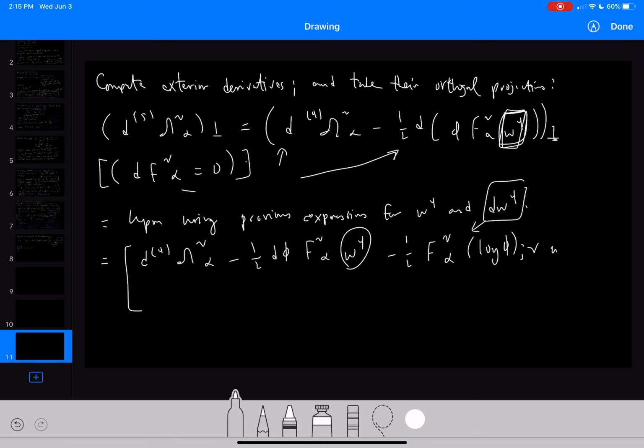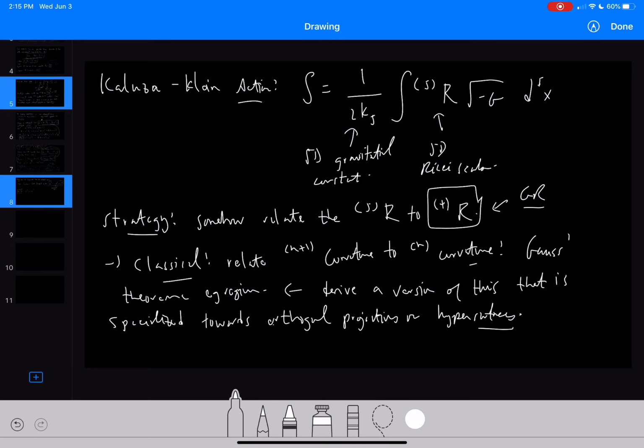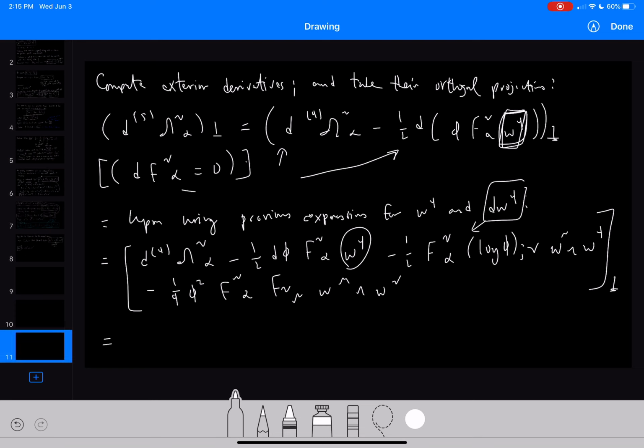So this is going to be omega nu omega 4, and then minus a quarter this time phi squared, f nu alpha, f nu mu, right? Omega mu wedged with omega nu. And I will take then the orthogonal projection. And once you take the orthogonal projection, you get the following very interesting result, that this is equal to the